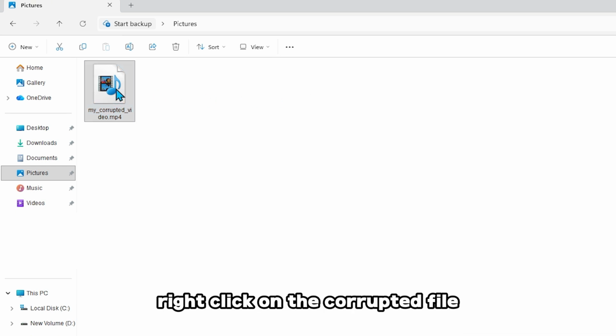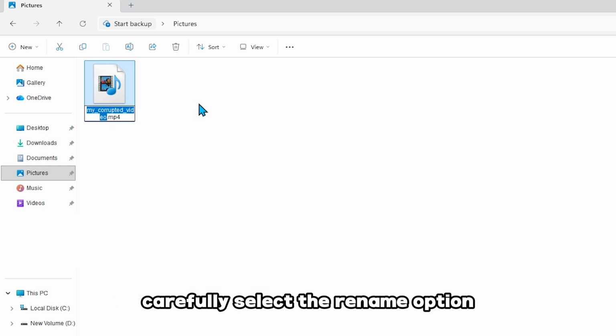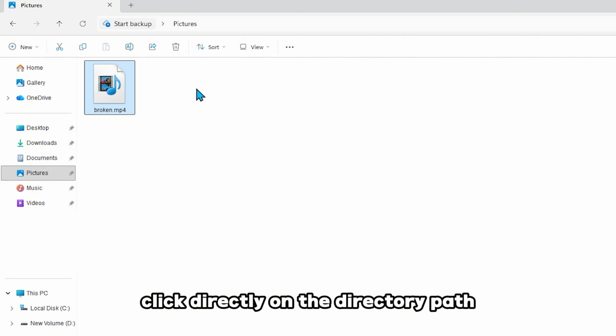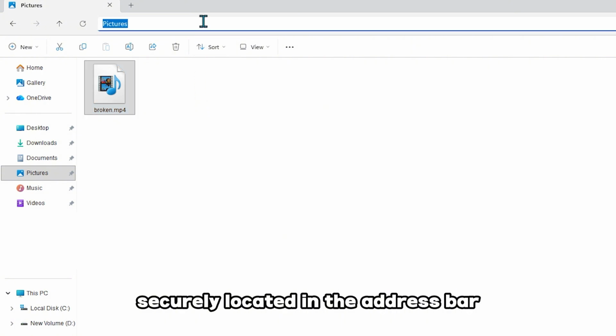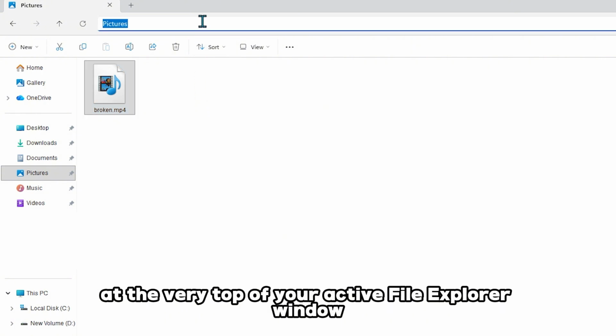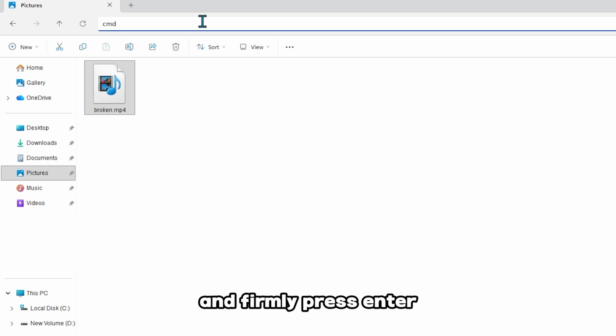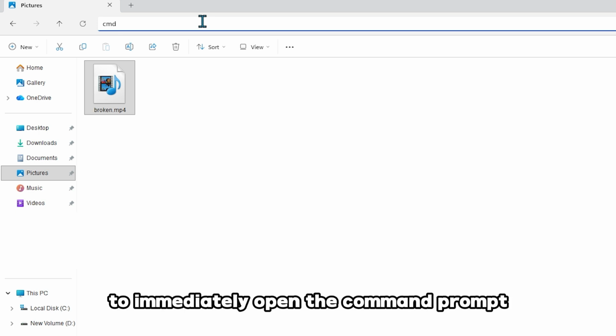Right-click on the corrupted file, select the rename option, and change it to broken.mp4. Click directly on the directory path located in the address bar at the very top of your active File Explorer window. Type cmd directly into the address bar and press enter to open the command prompt